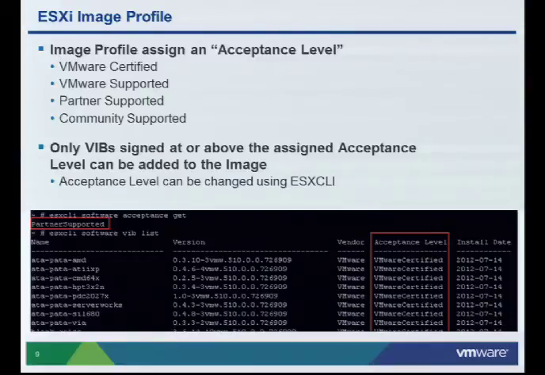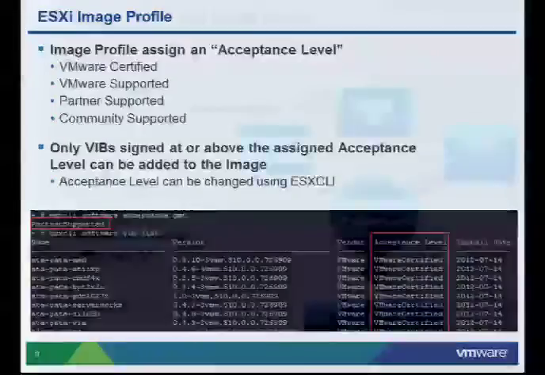We really don't have any tools available today to create community supported VIBs, so therefore you don't see a lot of them. But I have seen a few pop up out there, and in addition, you could see the capability being provided in the future wherein we'll give you that capability. And when that happens, you just want to exercise caution when taking those community supported VIBs and adding them onto